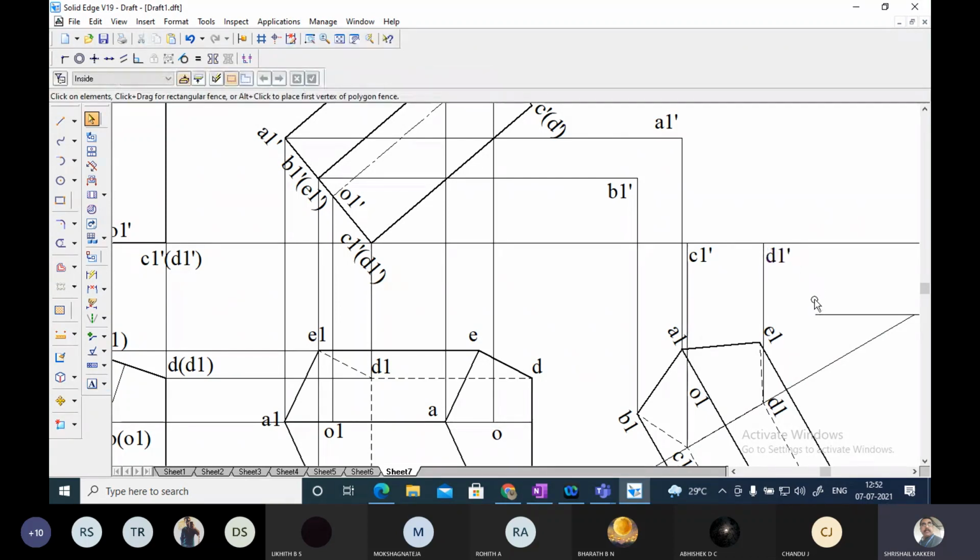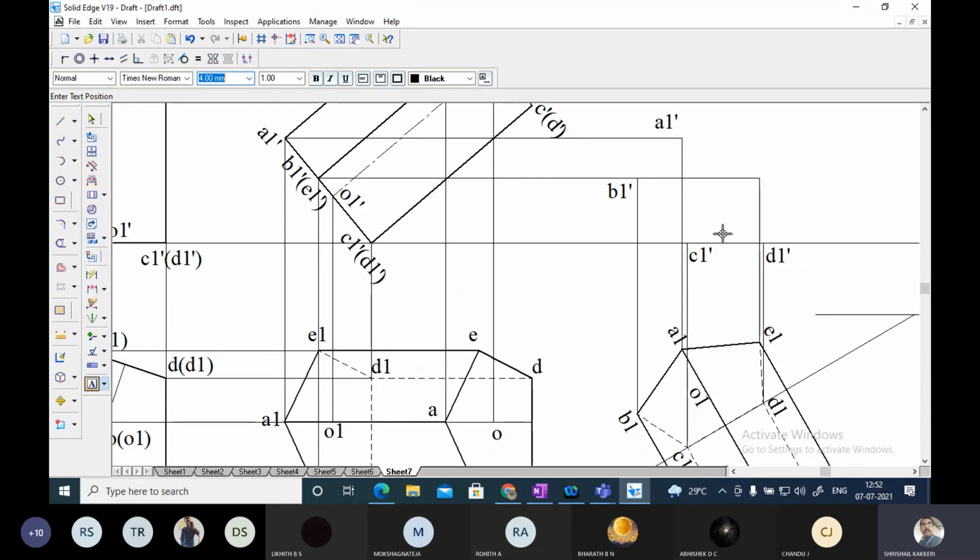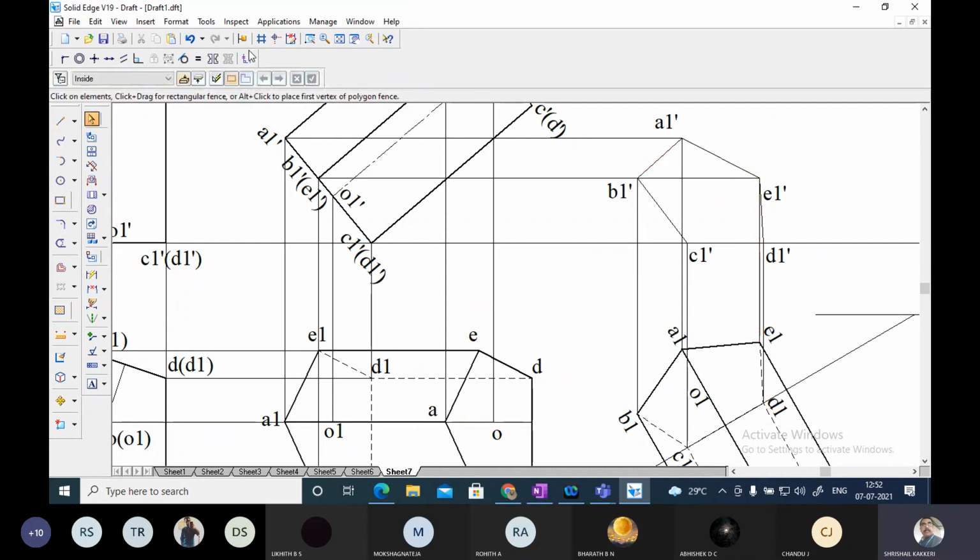Okay, I have shown. And E, I am going to write a line from E. E is on this line, so just simply extend this line, we will meet at this point, and this will be point E. Okay, you write it as E1 dash. This is point A. Now, just to confirm it, what you have to do, write A to B to C to D to E and to A. Okay, I have shown this.